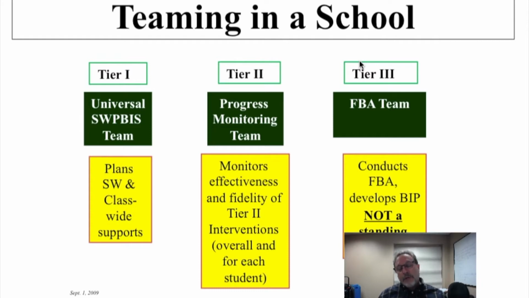And then at tier 3, a team or a person in particular would be the primary person for conducting functional behavior analysis. We'll talk about that in a minute more, and we're going to dig into that part of this equation next. Again, those teams are not necessarily a standing team meeting on a regular basis, but convene, just like they do for academics, on a case-by-case basis when there is student need.